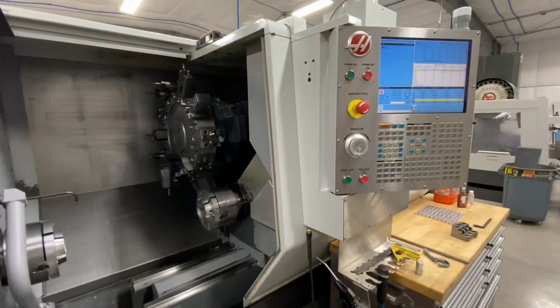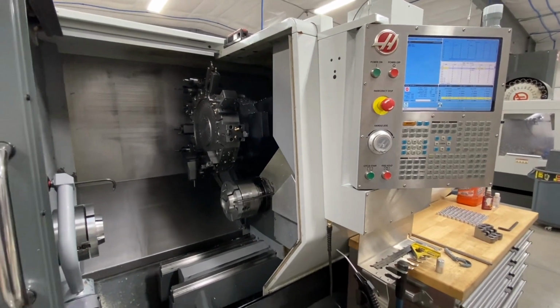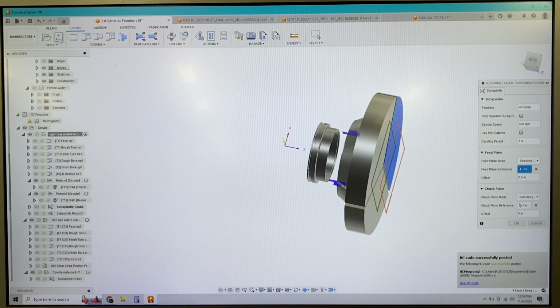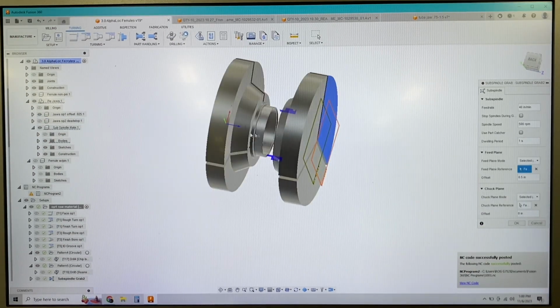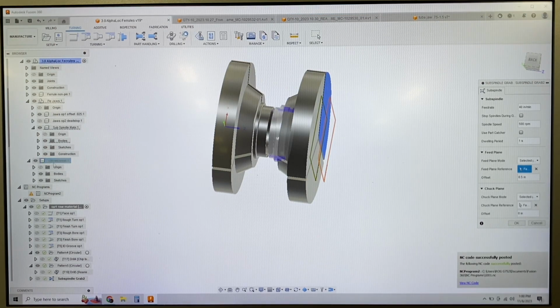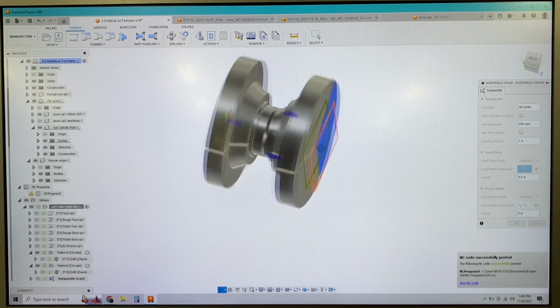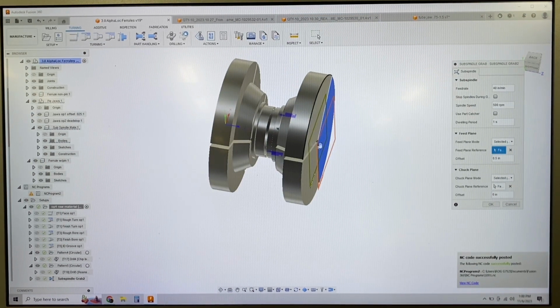So let me get back into programming, and I will show you guys hopefully a little better what's going on here. Okay, so looking back at this program, we have our G54 work coordinate, which is over here, which is using this front jaw as its work coordinate system. Because I have all this modeled correctly, if we show all of our ferrules here with the parts in there the way they're going to be sitting, you see that my subspindle grab here is using this back face